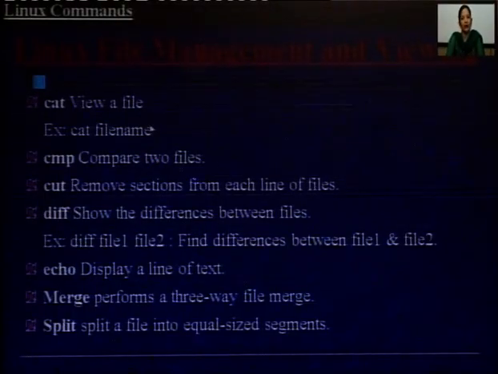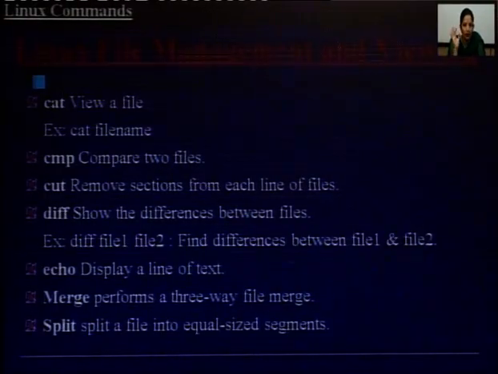Then cat, it is used to view a file. You have already created a file, you want to view its contents. This command is used as cat, then the file name. This is also used in another way. If you want to create a new file, it will be used as cat, then space, then the greater than sign, and then the file name. Your file will be created. After that you have to enter the contents. Then to end the file, suppose you have entered all your required data, you want to end, it will be ended by Control D or Control Z.